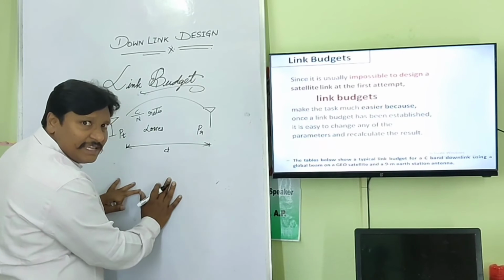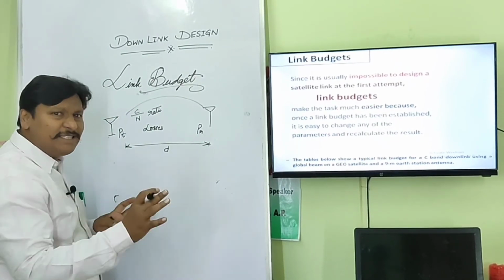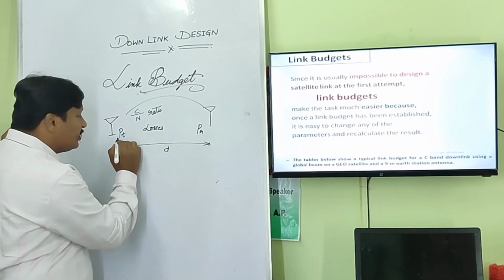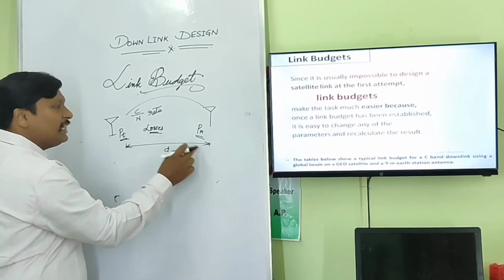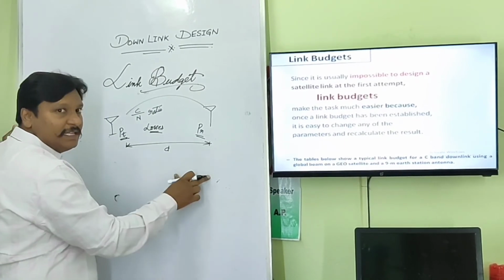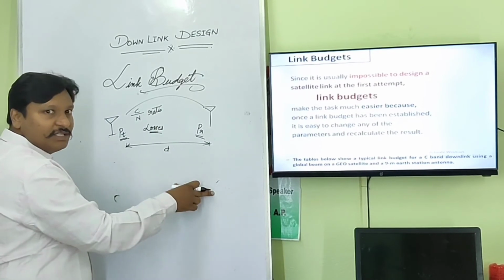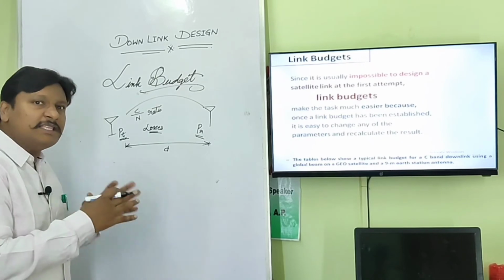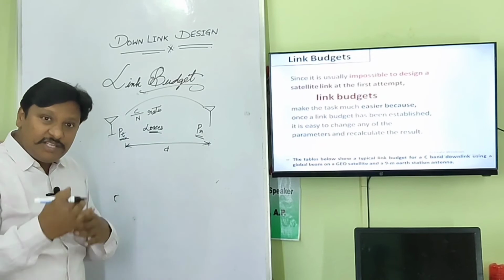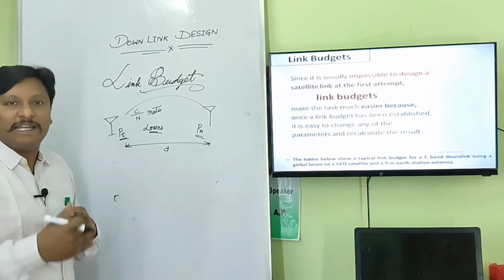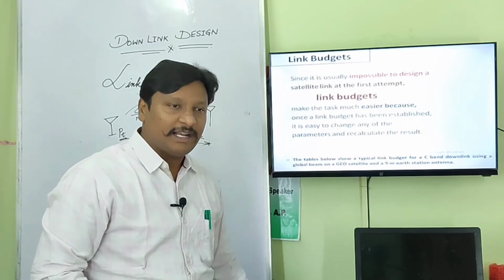In order to design a satellite uplink and downlink, the link budget helps a lot. The link budget basically gives the relationship between transmitting power, receiving power and the losses. So if we clearly estimate the transmitted power, received power and the total amount of losses associated with satellite communications, then we can design the system very efficiently, such that the reliability is high, the cost is minimized and the success rate of that particular satellite operation also increases. So in such a way we have to design a satellite.